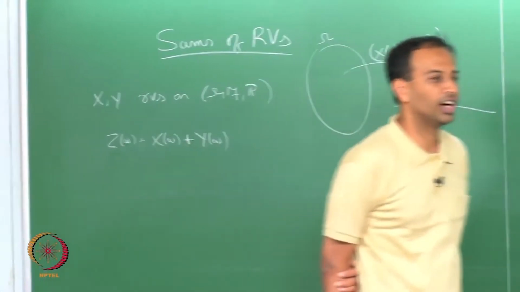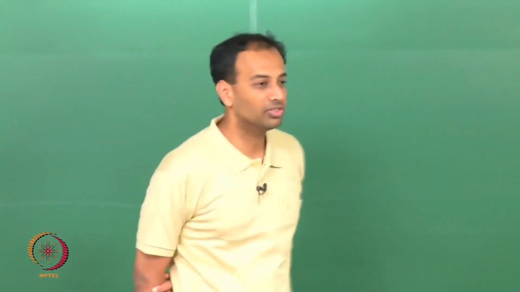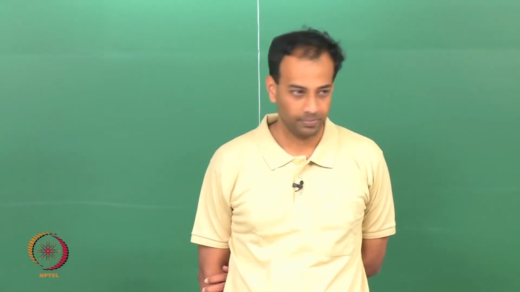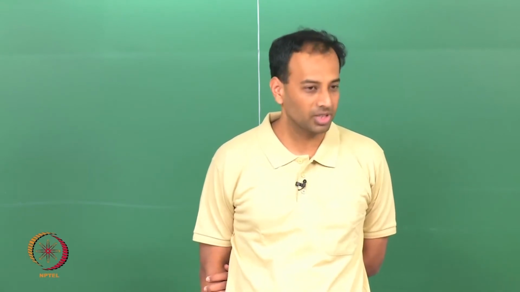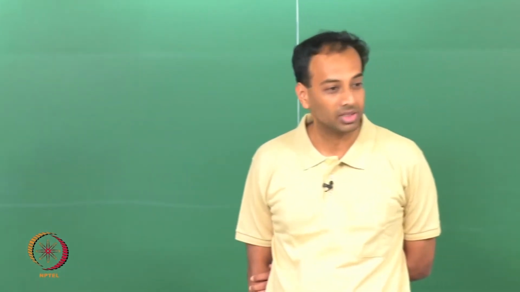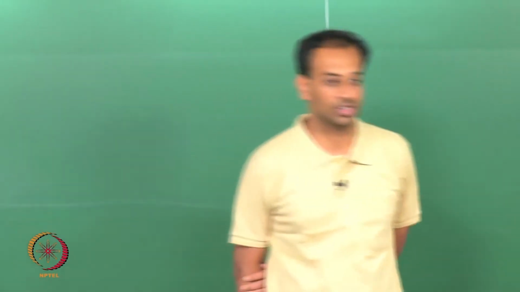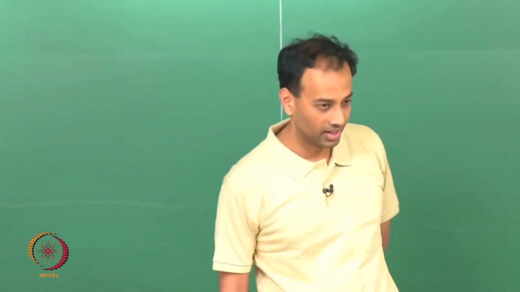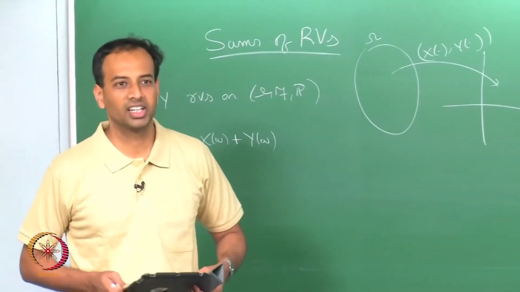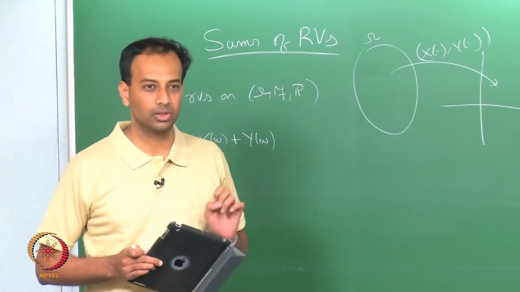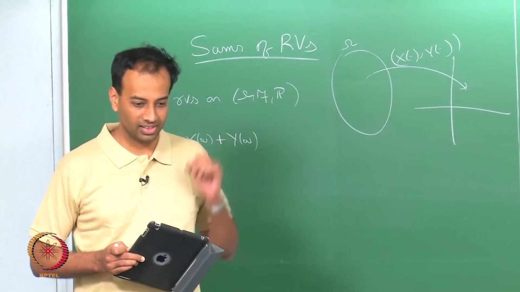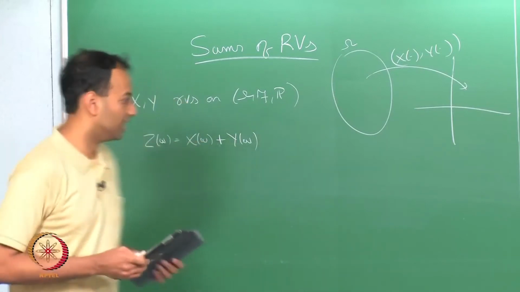However, before you go that far, you have to convince yourself that z is in fact a random variable. What do I mean by that? Z must be a measurable function, an F measurable function. We know that x and y are F measurable functions, but we do not know if z is always a measurable function. It turns out this requires a proof. The proof is actually fairly simple. It uses a fact from real analysis, the fact that the rationals are a countable dense subset of R. Let me write this down.